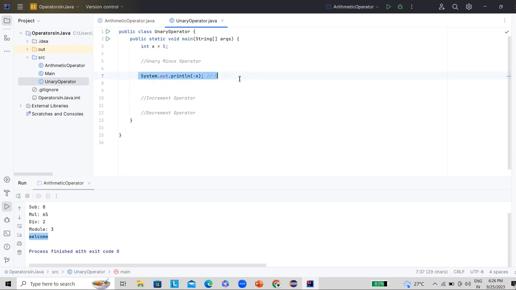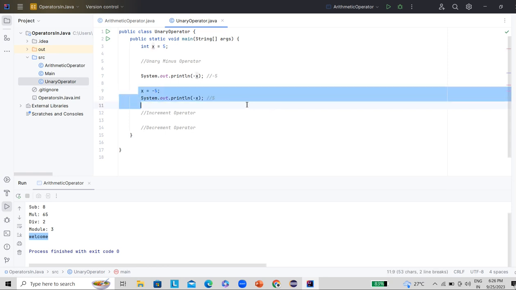And again, if you change this x value to, let's say, -5, and perform the unary minus operator again, this will become +5. Let's see how it is going to perform.